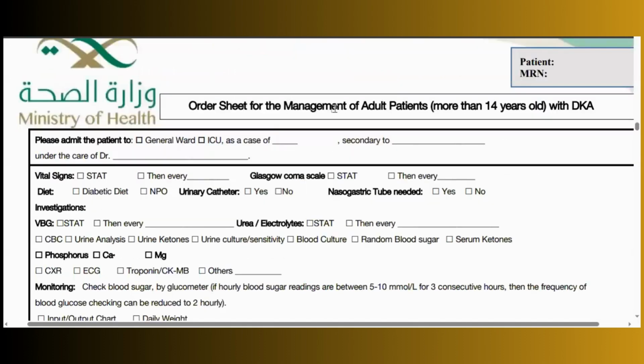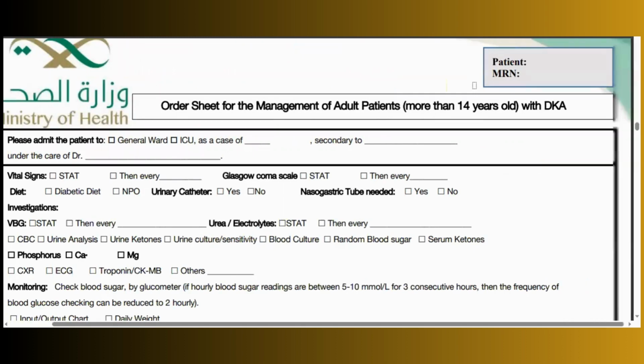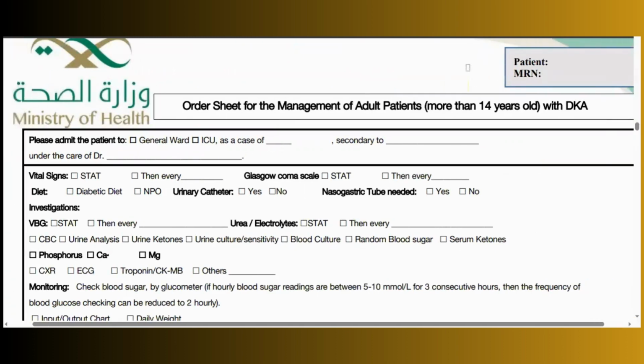Order sheet for the management of adult patients more than 14 years old. Please admit the patient to general ward or ICU as a case of DKA under the care of doctor. Write your name, then the vital signs, Glasgow coma scale, the diet, urinary catheter, NG tube if needed, investigation,